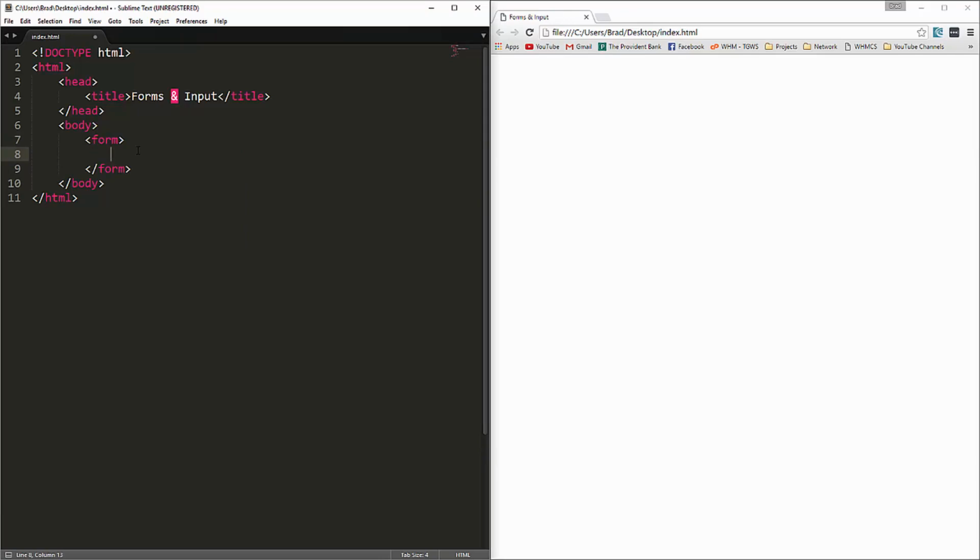And in here we're going to have a label. Now your inputs don't have to have labels, but it is a good idea. So this will be, let's say, name. And I'm going to put a BR here for a line break. And then an input. Now the input takes in a type attribute, and this is going to be a text